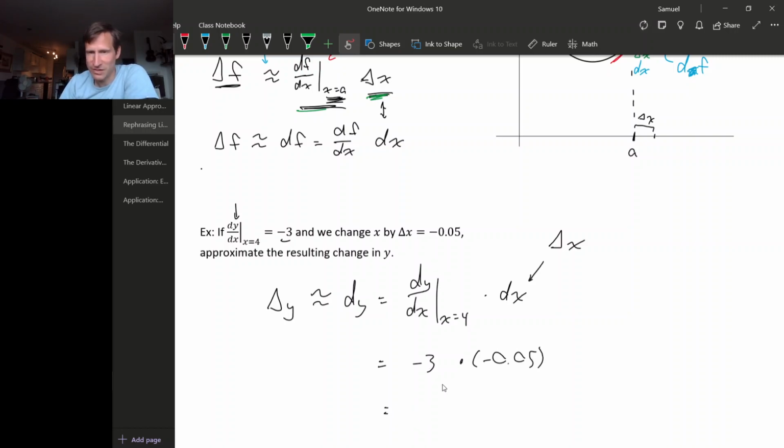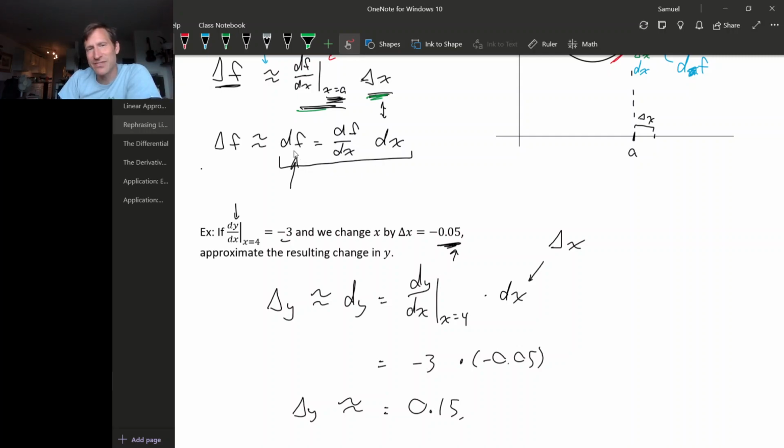And so doing this arithmetic, this is 0.15. So the resulting change in y is approximately 0.15. Now this is an approximation, but remember, the smaller delta x is, the better the approximation is, and this value for delta x is pretty small. All right, so this definition that we made, that df is df dx times dx,